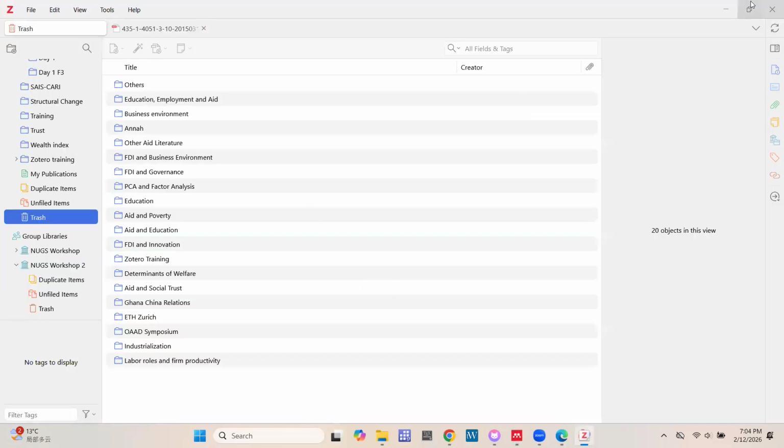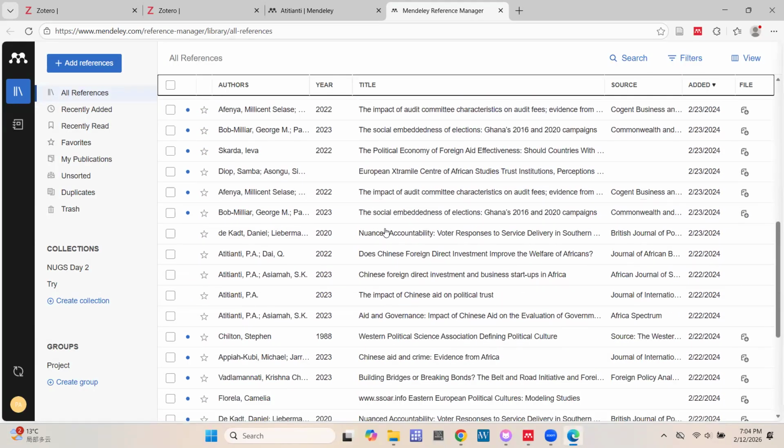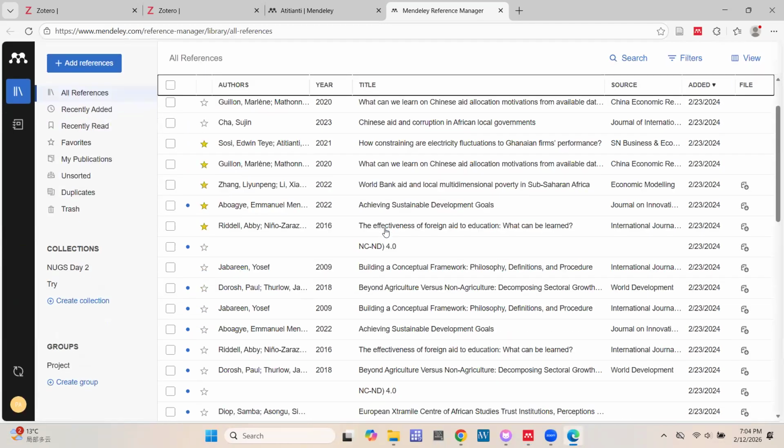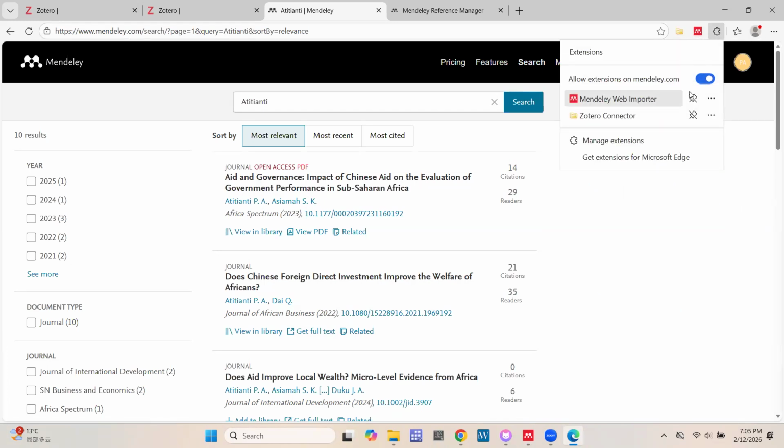Once you click on library, it pops this up over here, and then you can see your library. If you correctly installed your web importer, and you are not seeing it here, just open your extensions and then pin it.